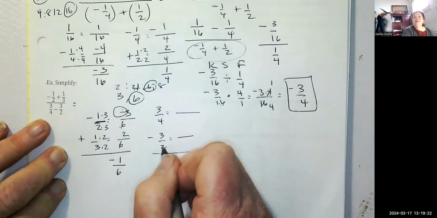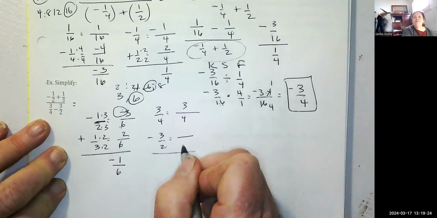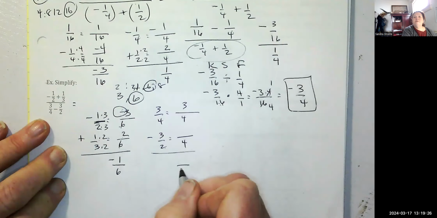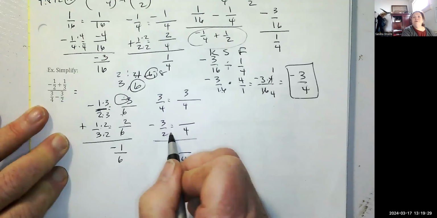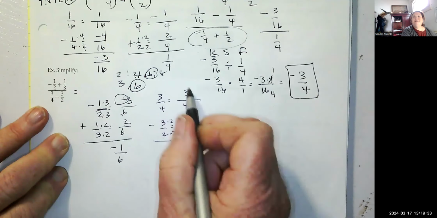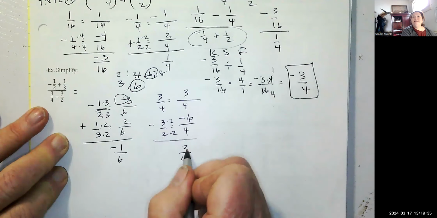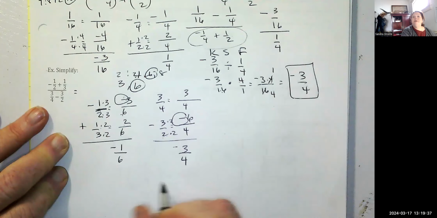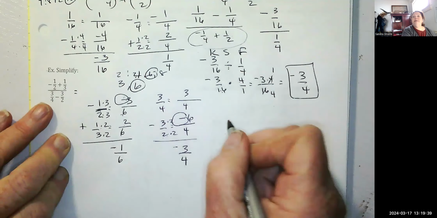The common denominator is going to be 4. So this stays as 3/4. 2 times 2 is 4. So -3 times 2 is -6. The signs are the same, so we're going to subtract them and take the sign of the larger number. Now what we have now is -1/6